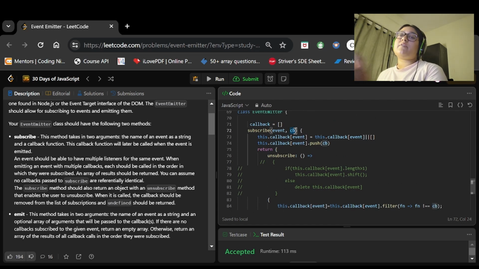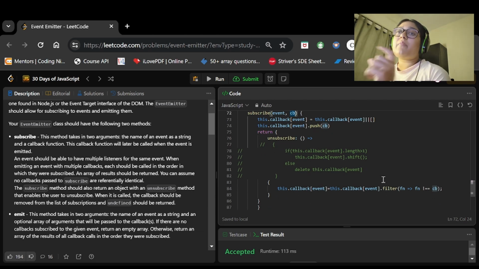Whichever function we are receiving here for unsubscribe should not match with the value we are getting, meaning the callback function should be removed. So whenever unsubscribe is called, we check whether the callback function we are getting is equal or not. If it is equal, then we will not send it into the final answer. And if we are not sending the value in the final answer, then it will be treated as not defined, right? So now we will try to submit it again.